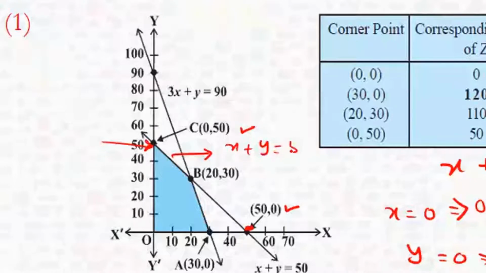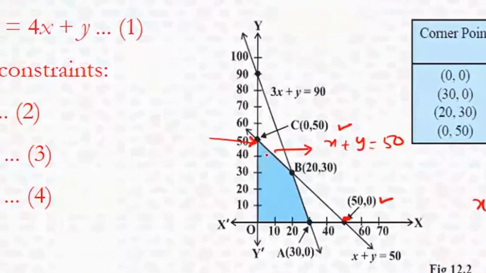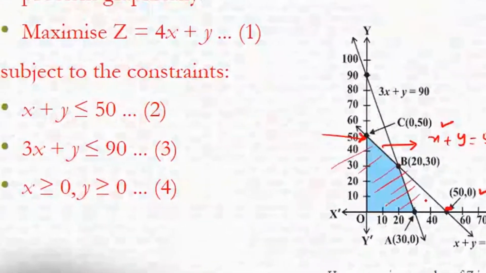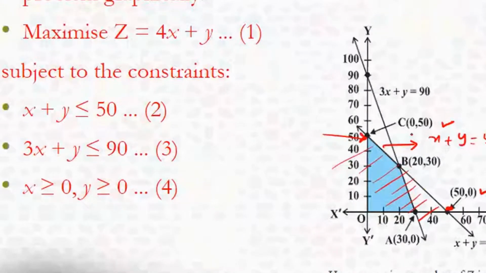Now if you look, this line is having two sides. Completely this side or the opposite side. Okay, you are having two sides. Which side should you shade? Which is the correct side? You should look for the symbol now. Before, we didn't take the symbol, we simply put equal to. Now we are taking this symbol, less than or equal to.